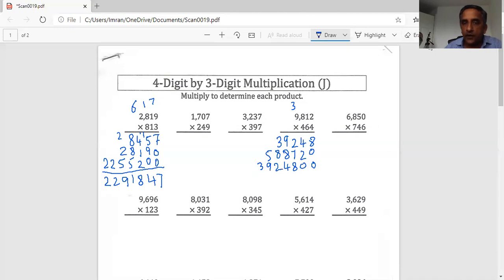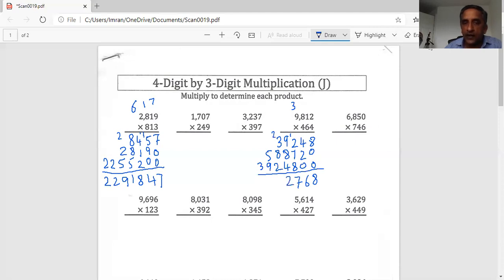Right? What we have to do now, we just add them. So we add this one, so it's 8. We add 4 plus 2, which is 6. We add 8 plus 2 is 10 plus 7 is 17. So we write 7 and 1 carry forward here. When we add this line, 9 plus 1 is 10. 10 plus 8 is 18. 18 plus 4 is 22. So we write 2 and 2 carry forward.